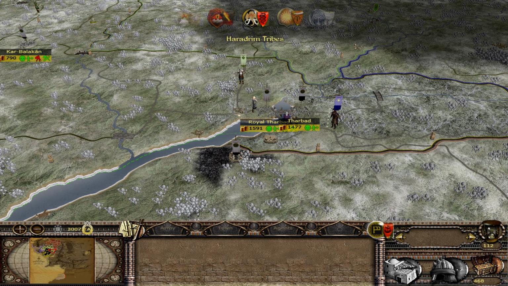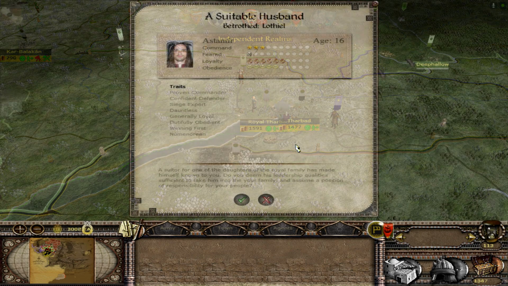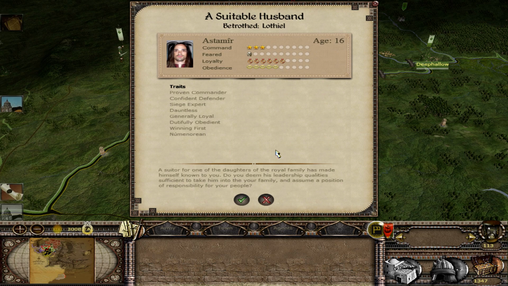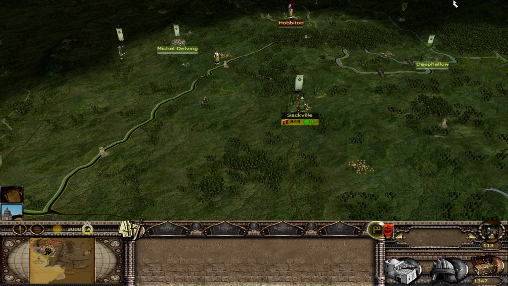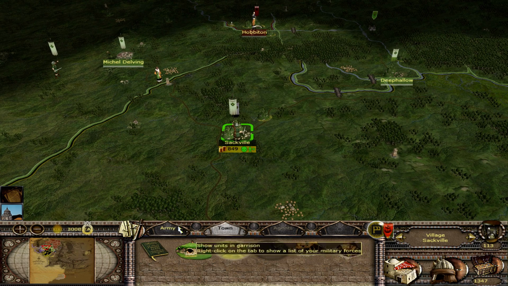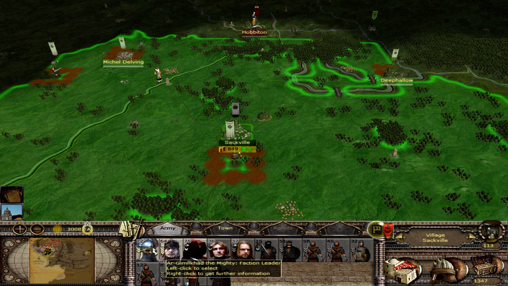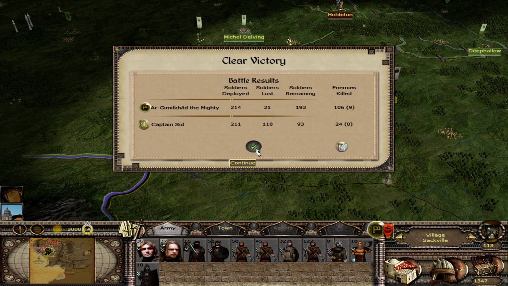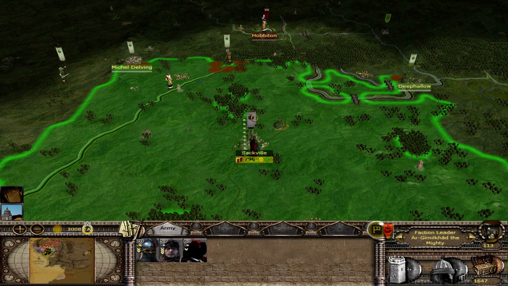Khazad-dûm as well went to war with Enid Wyeth, but then they've moved through Dunland and headed off back towards Khazad-dûm itself. Oh, Lothiel's getting married. That's to me now. I'll be alright for the moment. Oh, we got money for taking Sackville. Yes, orders. To glory and all, my lord. Raise our banner. Victory! The enemy are crushed.